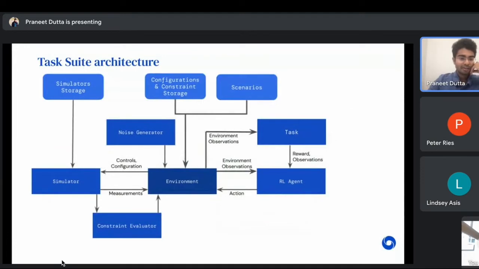So given all this, we decided to create something called the Industrial Task Suite. What you see here is a bunch of really large, really confusing block diagrams, but this basically just motivates the architecture of what we build on a very high level. So we build simulations, which I'll explain in the next few slides, but we build all this other stuff you see here: environments, constraints, noise, scenarios, as a way of interacting with the simulation and being able to train a reinforcement learning agent to learn from these real world